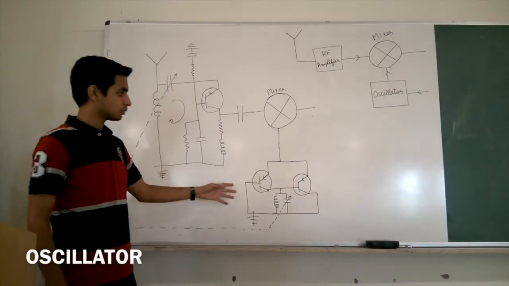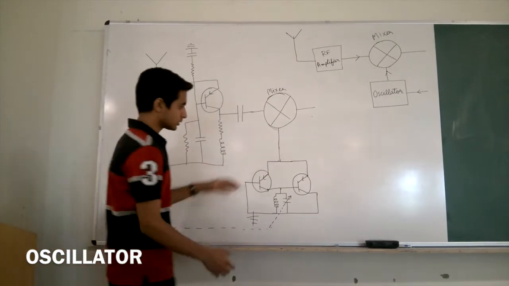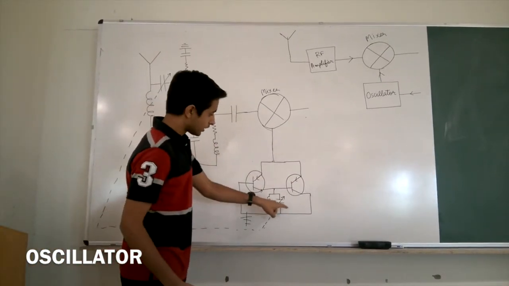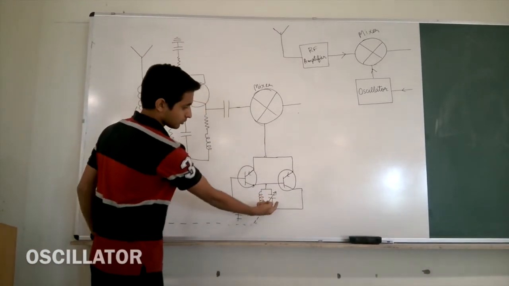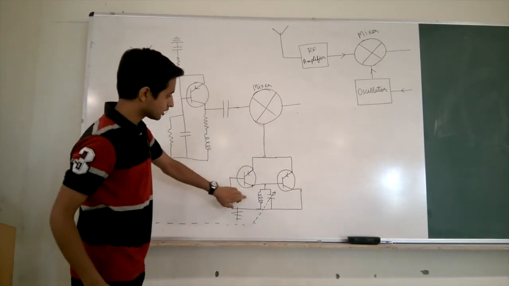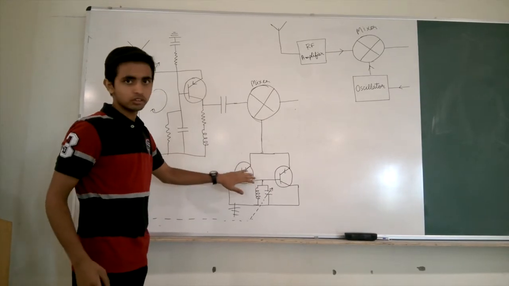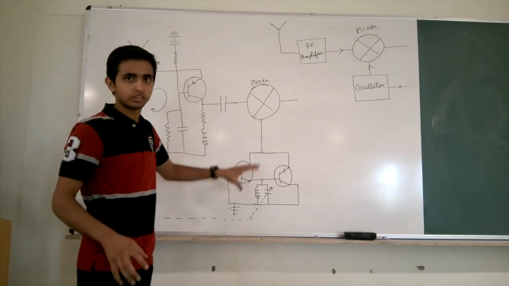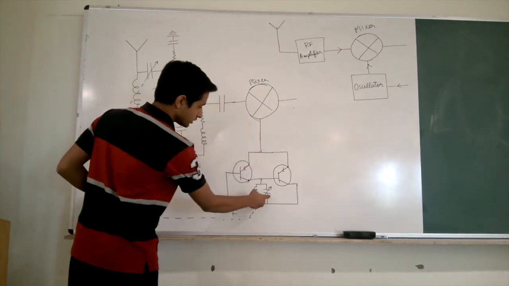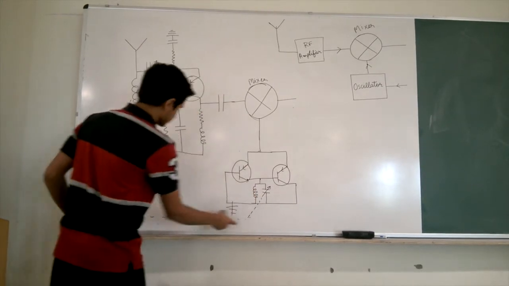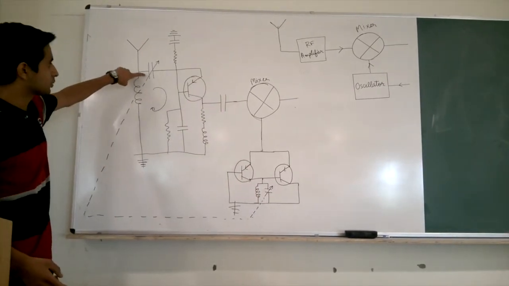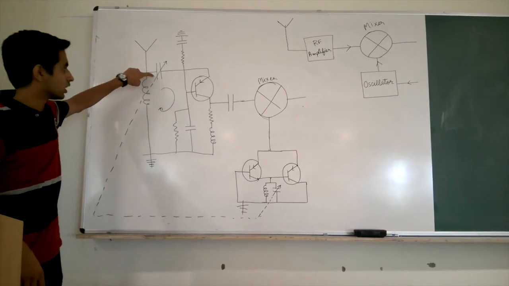So now we'll explain what an oscillator is. An oscillator is basically this circuit. In this we have a variable capacitor placed here, and what the oscillator is doing is giving us a desired frequency, which will tell you further what the desired frequency is. And the variable capacitor in the oscillator is actually gang coupled with the variable capacitor which I talked to you about just now in the RF circuit.